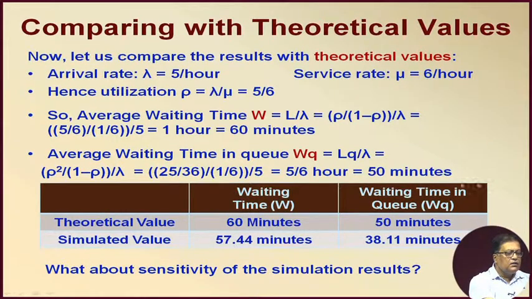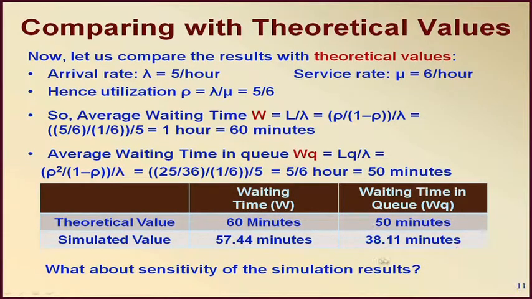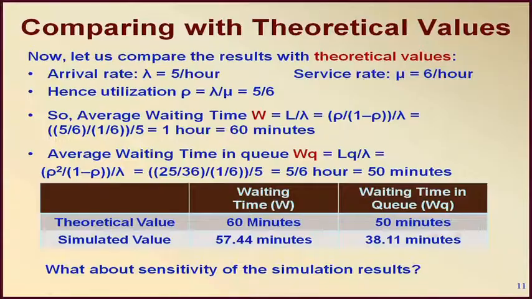So, look here, this comparison: theoretical value 60 minutes, waiting time in queue 50 minutes, simulated value 57.44 minutes, and waiting time in queue 38.11 minutes. But a very interesting thing to note is that I have done this computation not just once, I have done it many times, and all of them are called replications, each set. The first set that I had done, I got these results, and when you do the second set, another set,